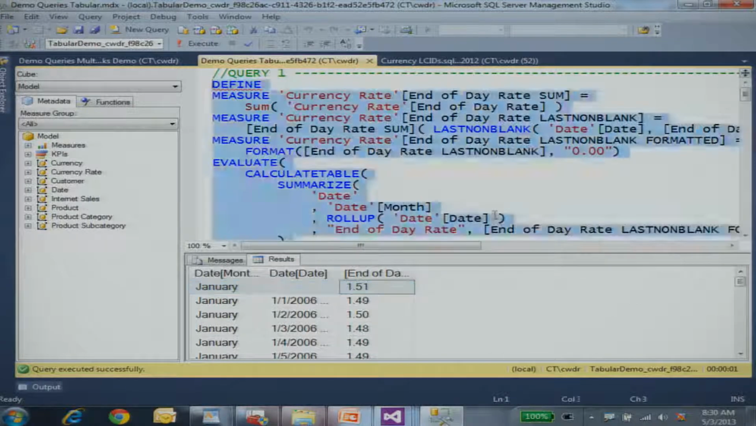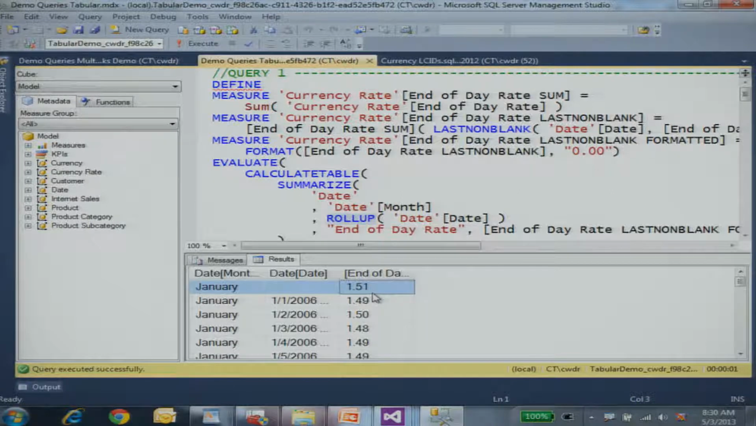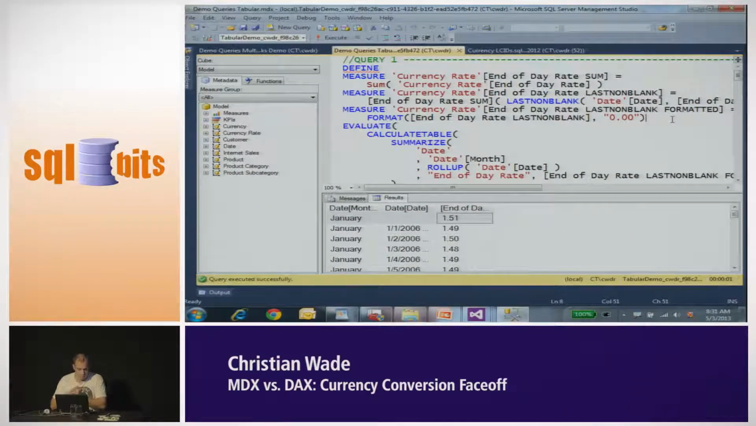So rather than using the calendar user hierarchy, we're using this roll-up function because it's not aware of user hierarchies. So that's what gives us the January value. And then for the last non-empty calculation, I've broken out the calculation into components, into